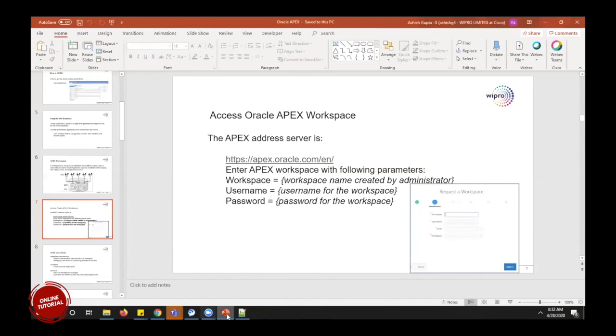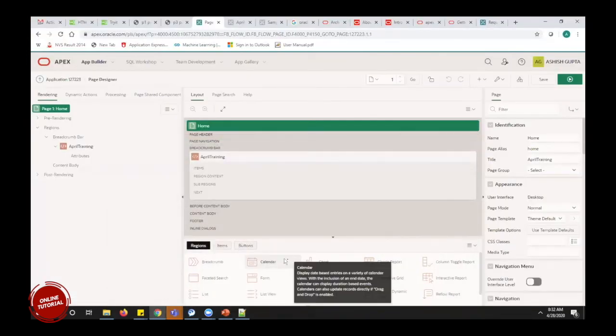Suppose the developer one has locked and he forgot to unlock that page. So what will be the case in that case? We have to wait until he unlocks, right. So developer two cannot do any development unless developer one unlocks. But he can see the code and whatever developer one has done. He can see everything in the page. He can run the page, he can run the application, but he cannot edit or modify anything.